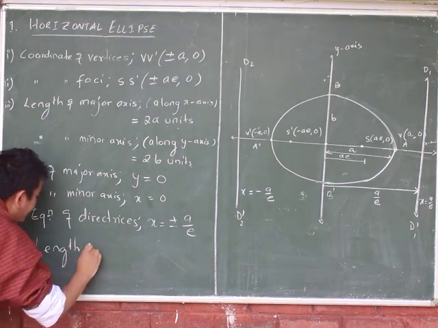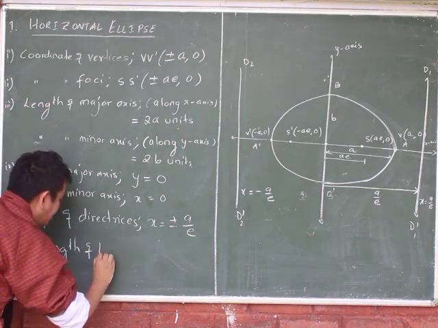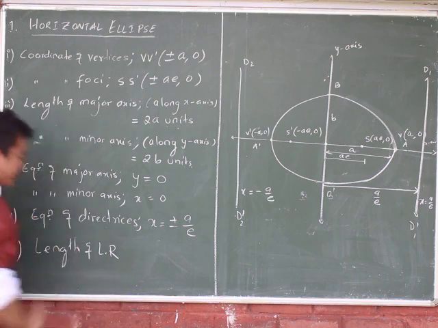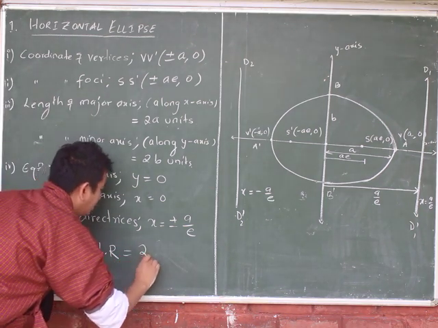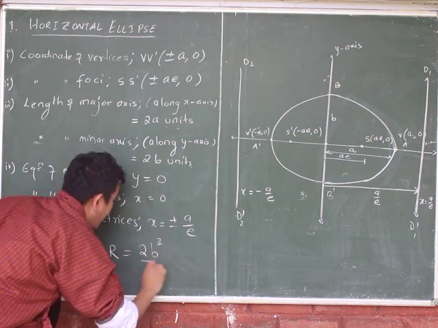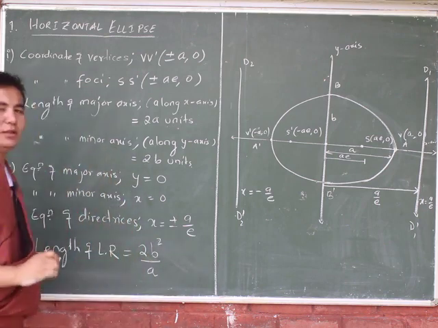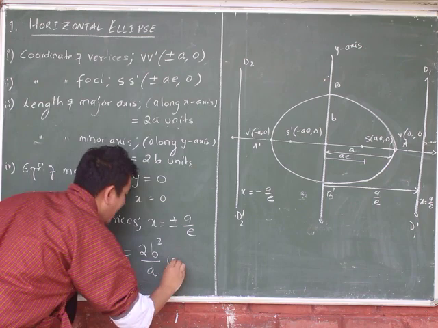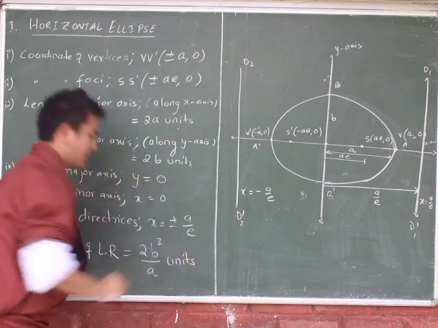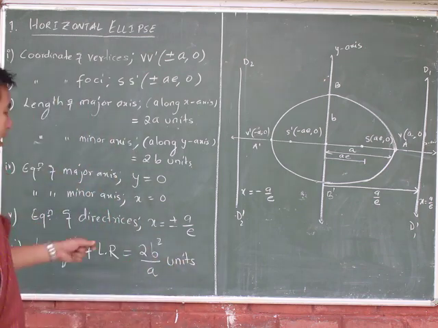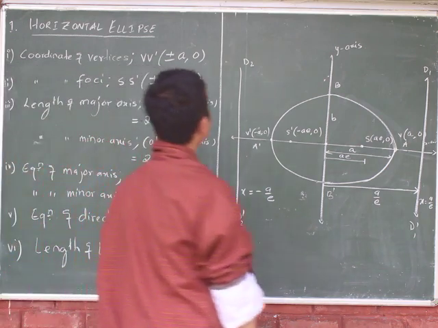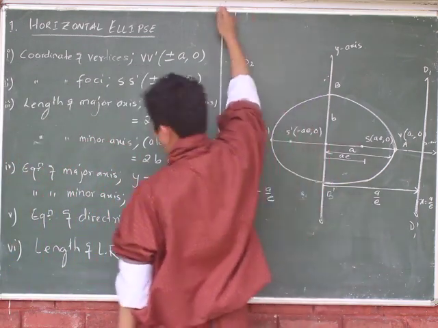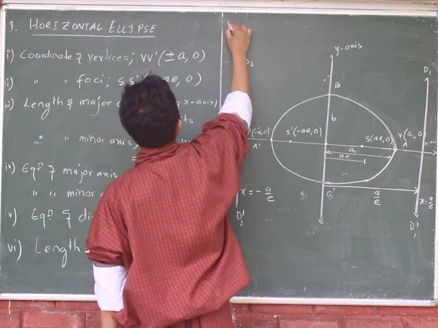Number 6, we have length of latus rectum. Length of latus rectum is given by 2b square by a. Please get thorough with 2b square by a units. This is the length of the latus rectum. Okay, so now last point we will see, here it is, number 7,